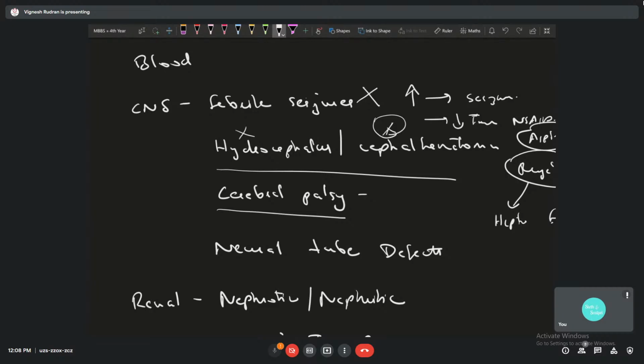Anything which affects the growth of the brain in the first few years of the child is going to cause cerebral palsy. There are the two types, spastic and paralytic palsy. So you're going to see spastic, and then you talk about your descending tract, where you have your motor cortex coming from your precentral gyrus, and it crosses below the medulla, and then goes down. So upper motor neuron type of lesion, lower motor neuron type of lesion, then differential diagnosis for various conditions, and then you can write a whole lot of this, and you would have already seen this in your case, so I don't want to waste a lot of time on this topic.